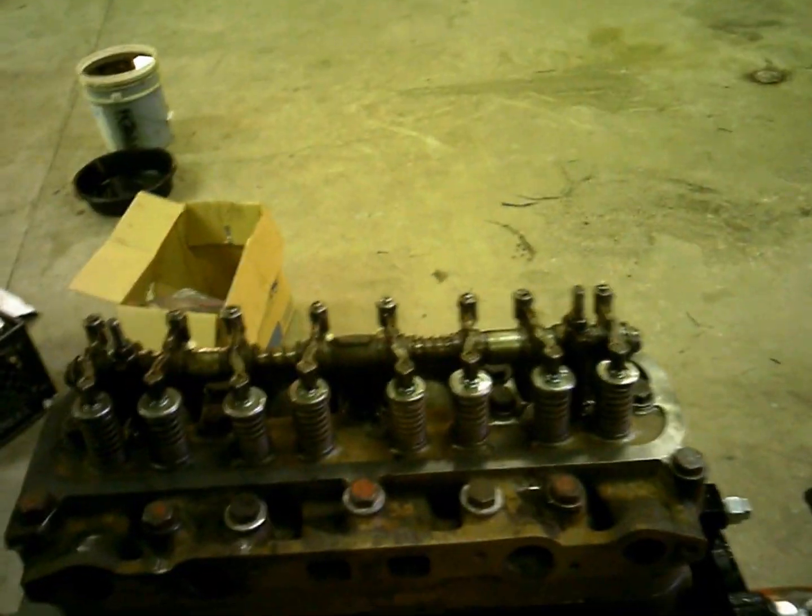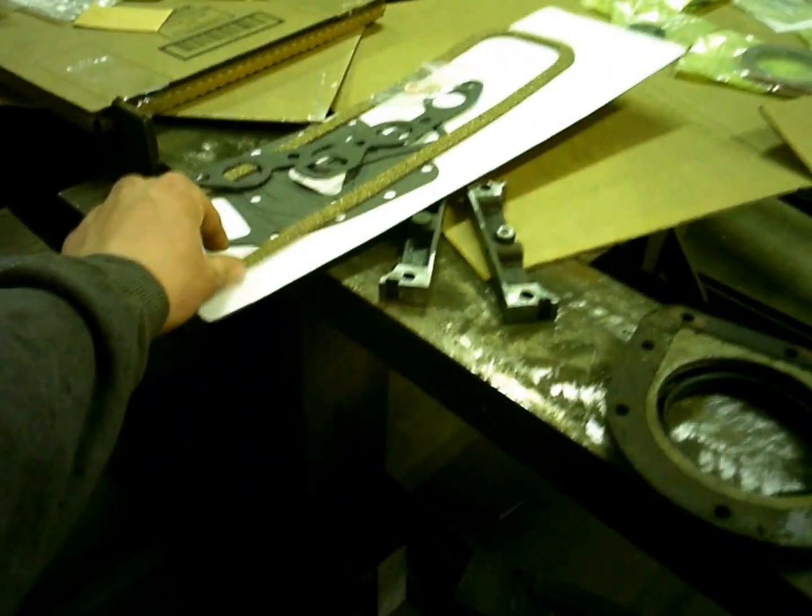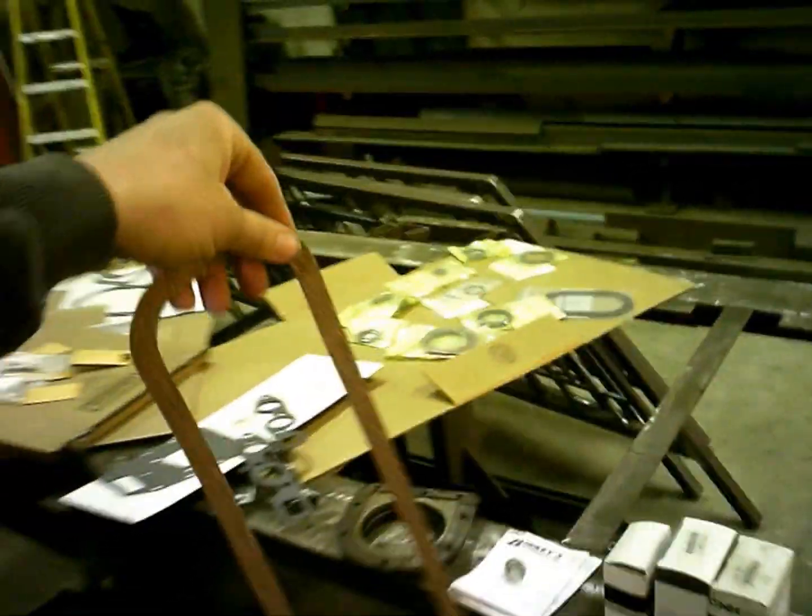So I probably just won't tighten it that tight. It's got a good surface on, come on, there we go. It's got the good surface on. Just clean it up good, and as long as your valve cover's not bent or anything from being too tight before, it won't leak. But you just kind of snug them down,